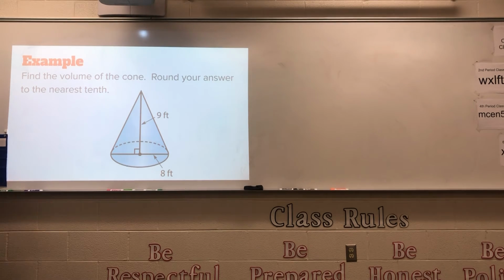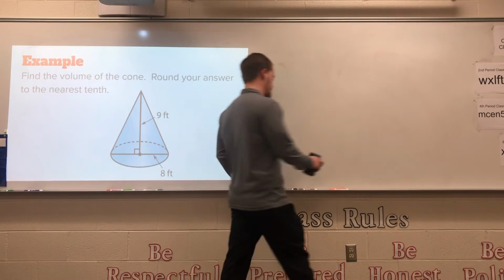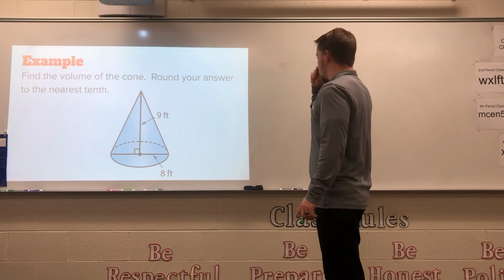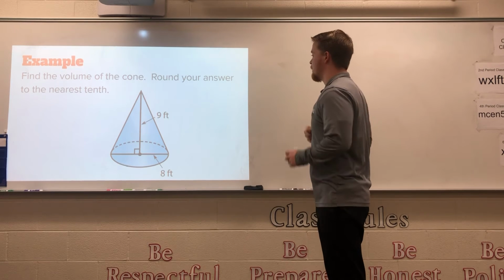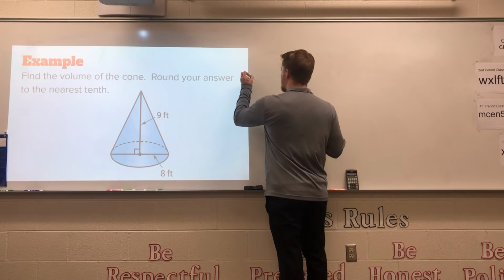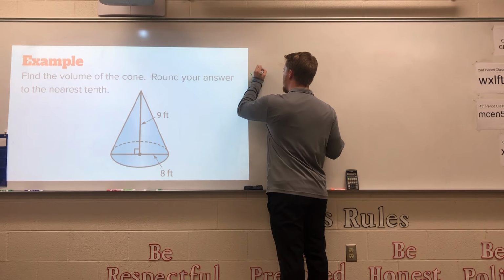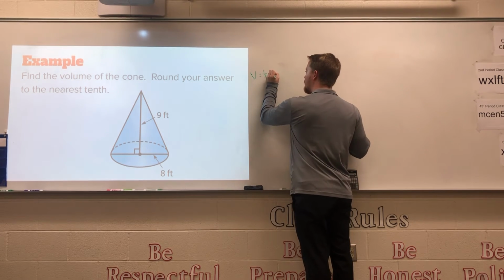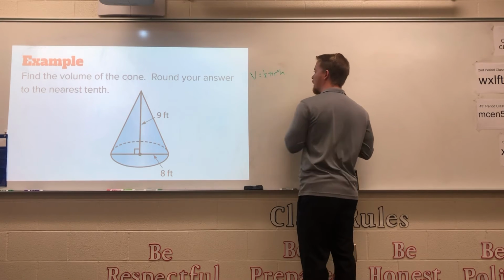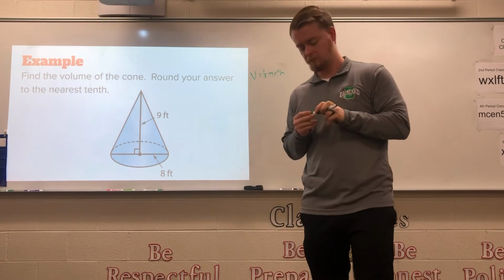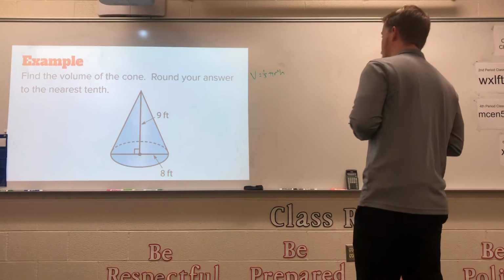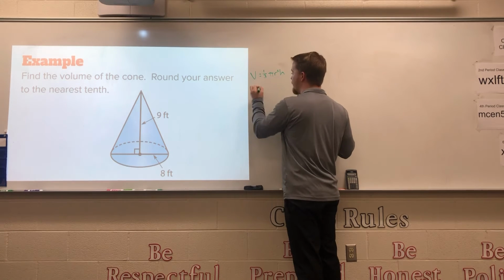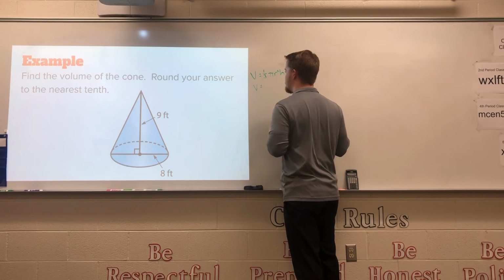So we're going to go through and do the same thing with volume of a cone. This says find the volume of a cone, round your answer to the nearest tenth. So first thing you need to do is write down your volume of a cone formula. V equals 1/3 pi r squared h. Then we're going to plug in what we know. Volume we don't know because that's what we're finding. So V equals comes down